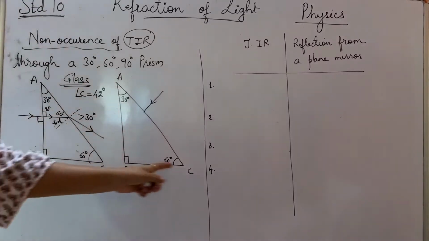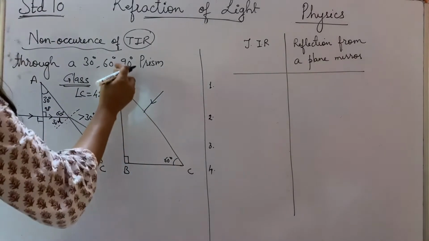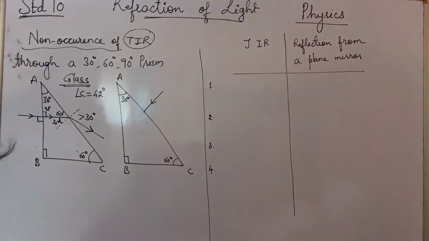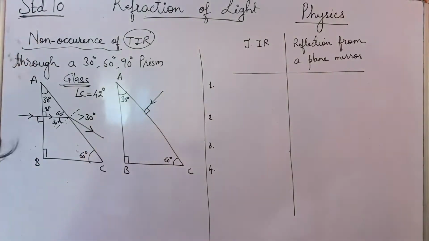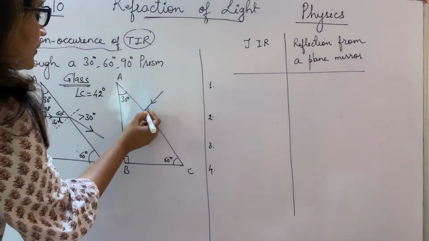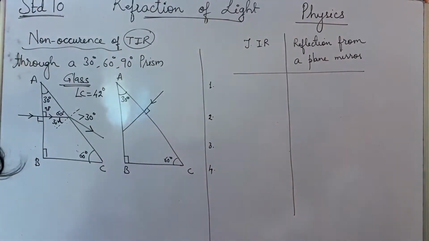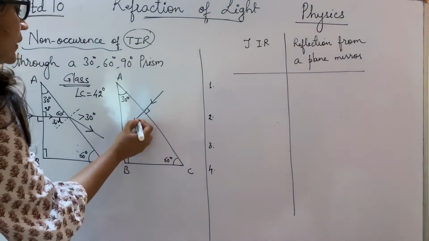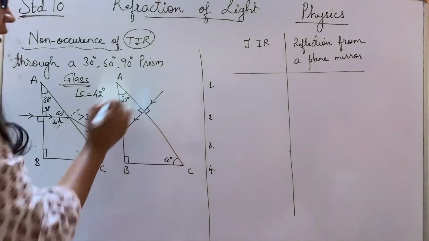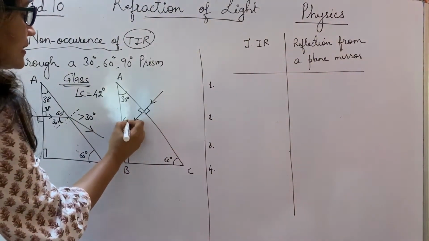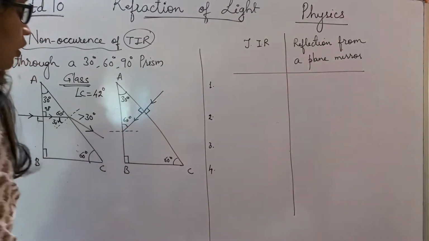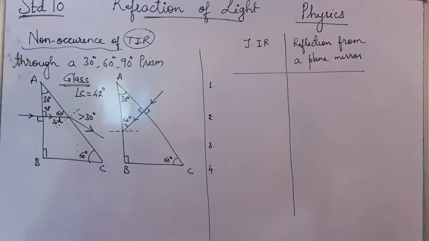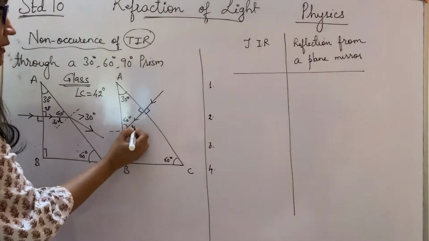Okay, now look over here. In this diagram same thing, wherein it is going on the surface, from surface AC, this ray is falling over here. Now when it falls over here, again follow the same rule, it is forming an angle of 90 degree. It will fall straight, but fall straight where? On this surface. And when it falls on this surface over here, let us check the angles. This angle is going to be 90 degree, this angle is going to be 60 degree by angle sum property. And when it strikes this surface, you are supposed to draw a normal, and this angle, which is the angle of incidence, will be again 30 degree.